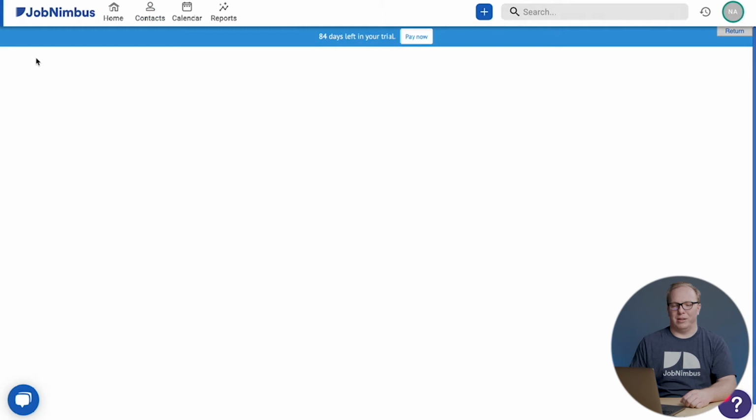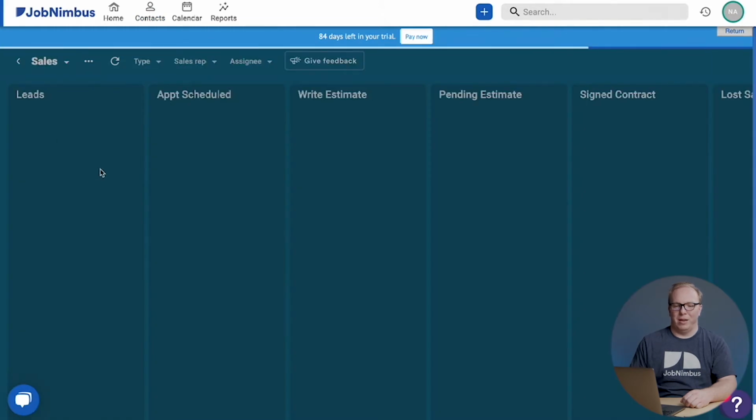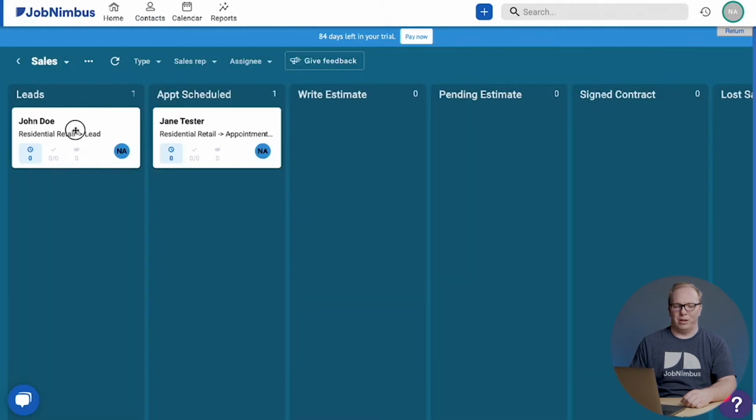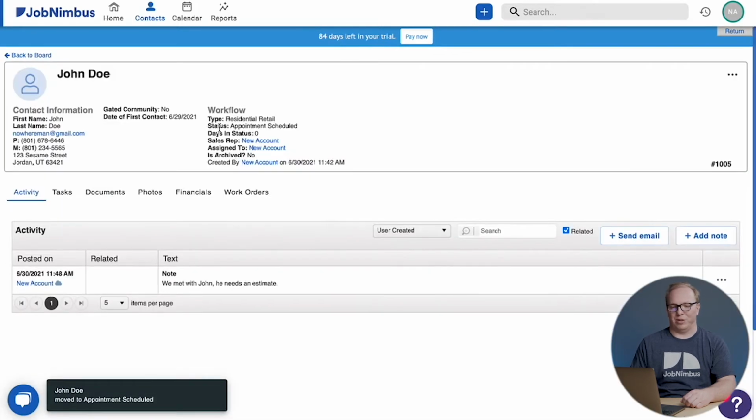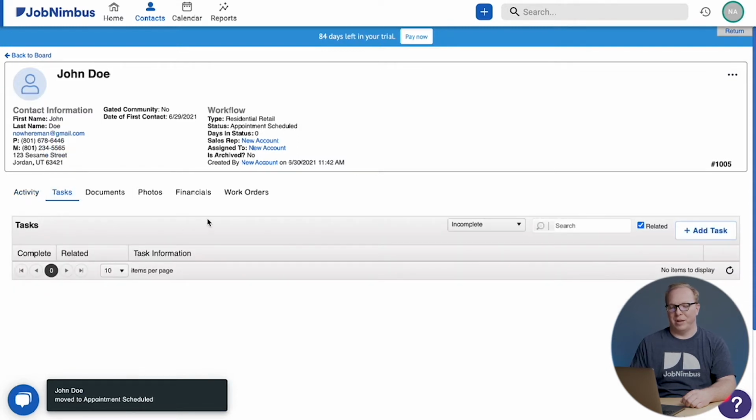So here John Doe is as a lead. And we're going to take a look at the board. There he is. Let's move him to appointments scheduled. If we're going to do that, we better schedule that appointment. So in John Doe, we're going to navigate to the Tasks tab by clicking on Tasks, and we're going to